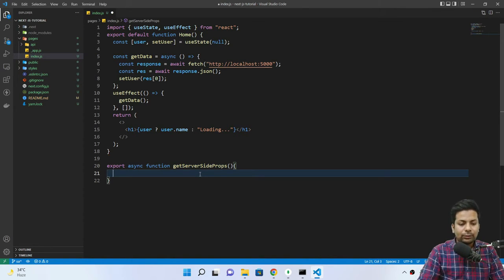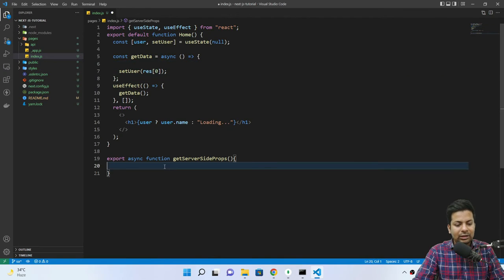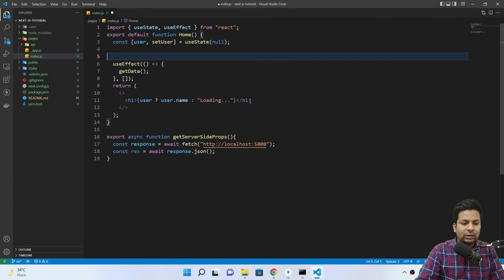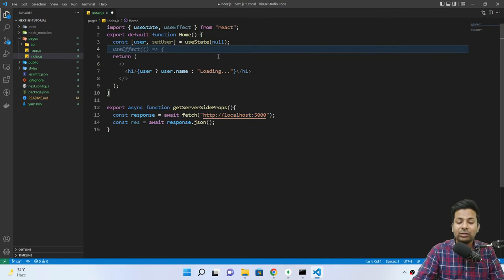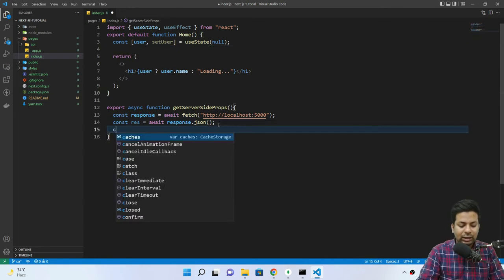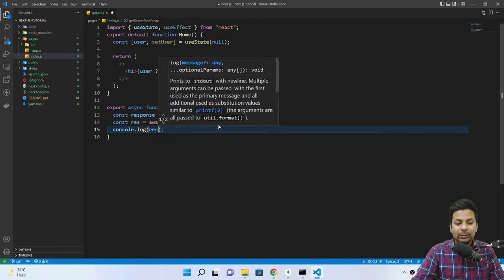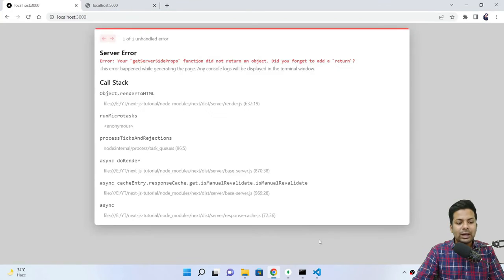Then here, whatever you are doing here, you just cut it from here and paste it here. Now you are calling the API from the server. Now I don't need this data. I don't need useEffect also because I'm calling from the server only. So now here I will just do console.log of whatever response I'm getting. Save it. Now every time I load, I will get